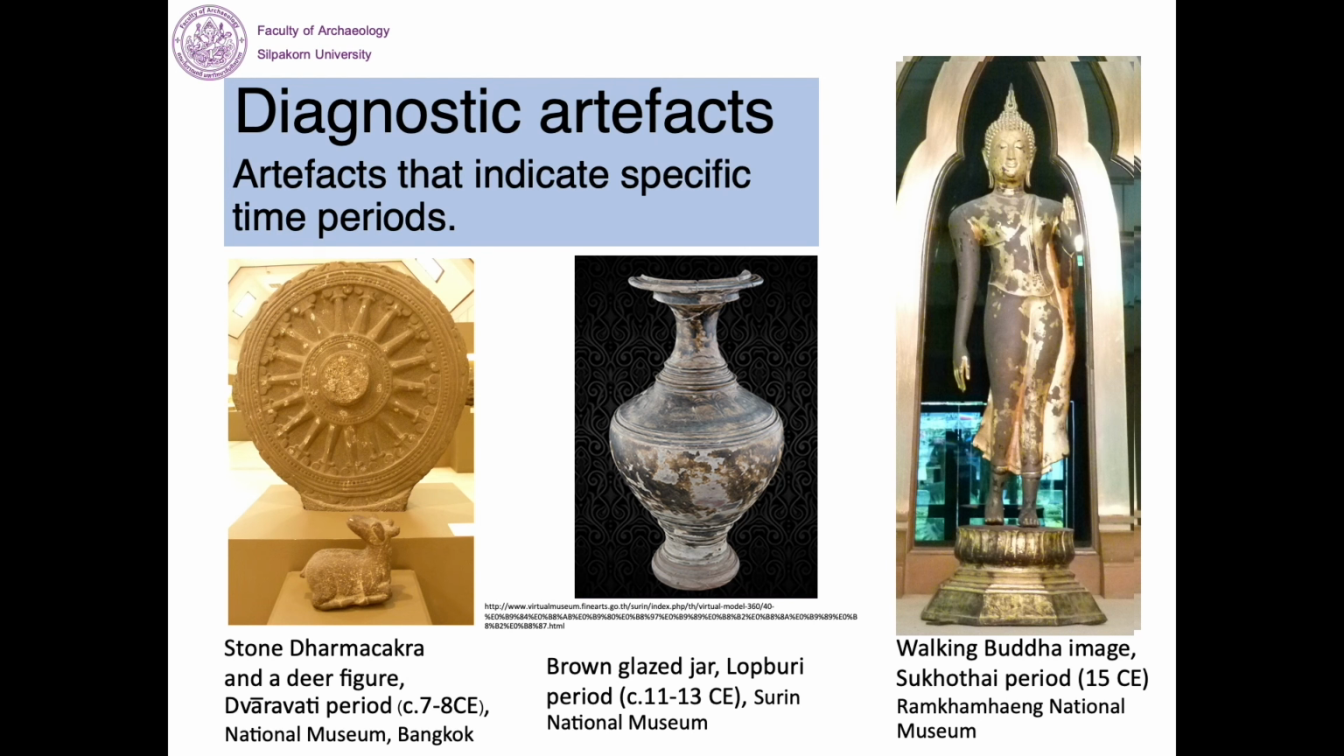Besides typological sequence, we can apply artifacts that indicate specific time periods, called diagnostic artifacts, for relative dating as well. They can represent specific time periods when they were produced. The difference of technologies, the development of technology, or even the preferred style in each period of time made the objects look chronologically characteristic. Thus, these different traits allow archaeologists to assign the remains to their associated